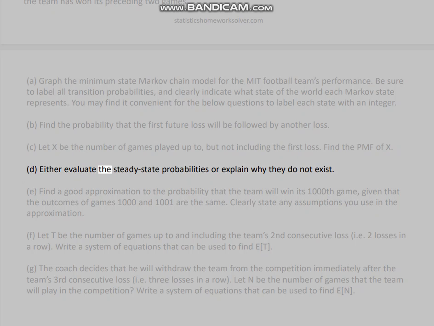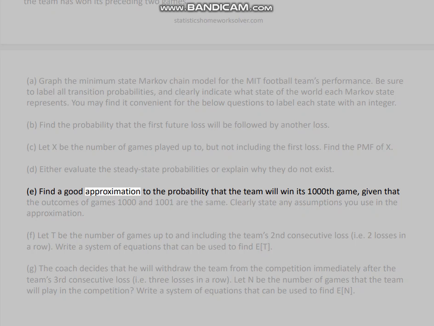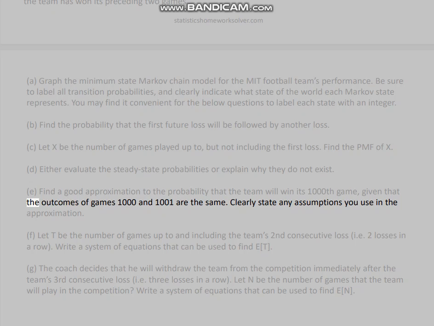D. Either evaluate the steady-state probabilities or explain why they do not exist. E. Find a good approximation to the probability that the team will win its 1000th game, given that the outcomes of games 1000 and 1001 are the same. Clearly state any assumptions you use in the approximation. F. Let